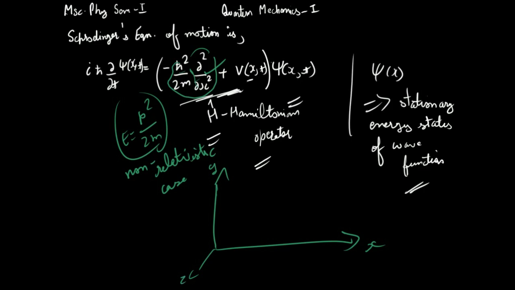You can understand that simply as a three-dimensional Cartesian coordinate system. We have a wave function in this coordinate system. This is the wave function, representing psi, x and t, and is representing